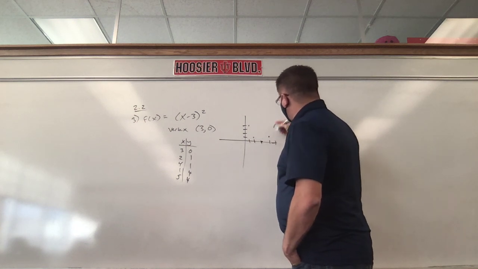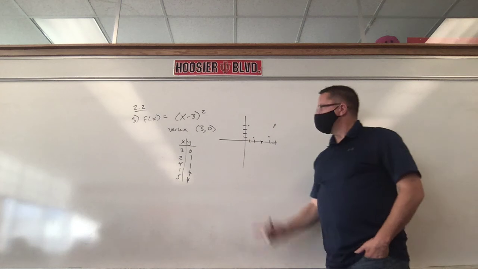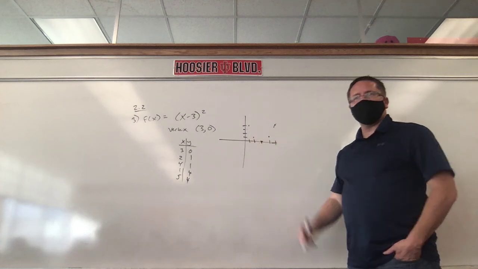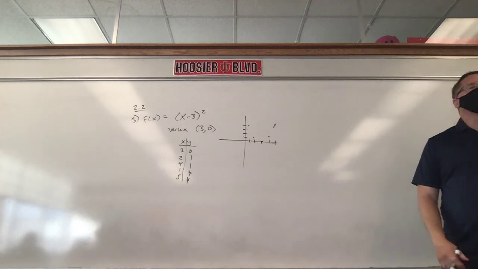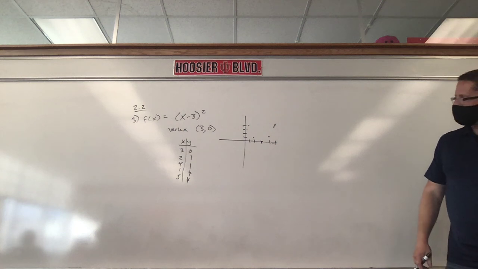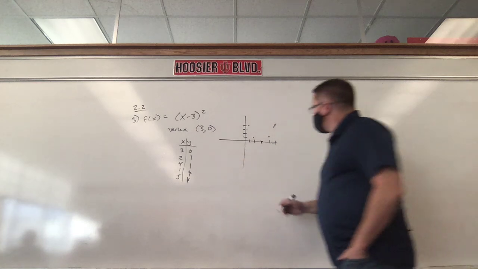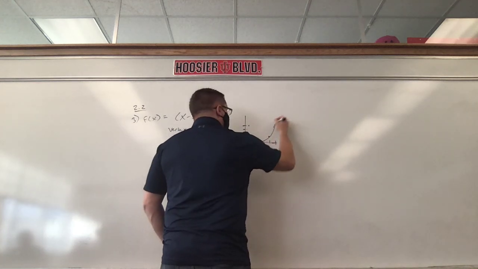These are right across from each other. Is that a coincidence, you think? That this is right across from that and that's right across from that? That's not a coincidence. They're supposed to be, okay? Mine's off a little bit because my drawing's no good, okay? Because they're symmetrical. So here's what our graph looks like,